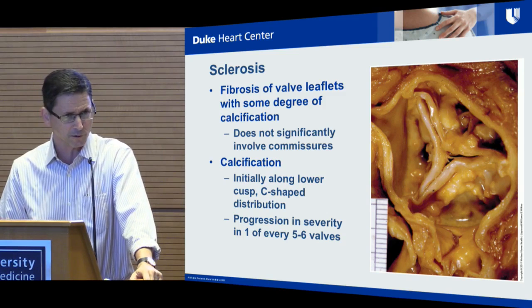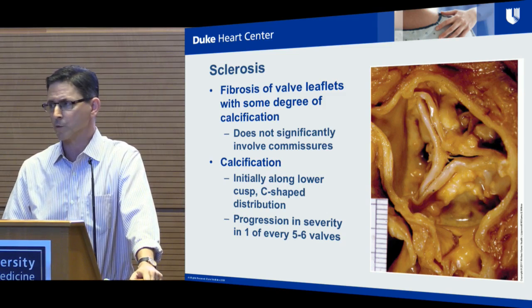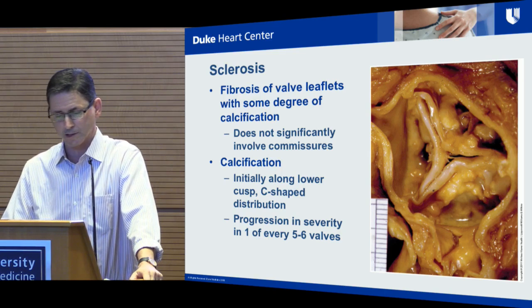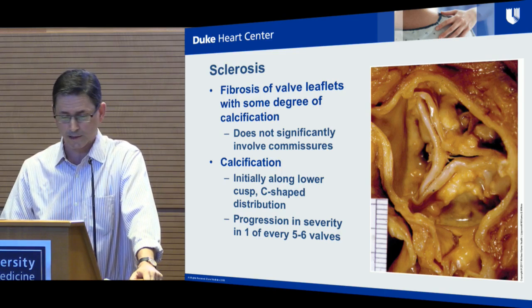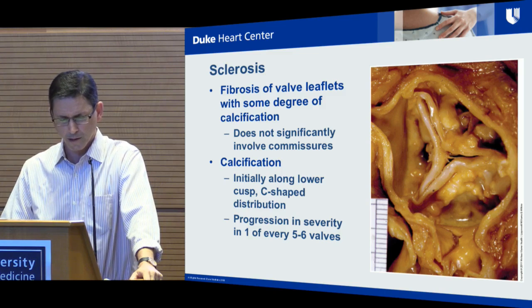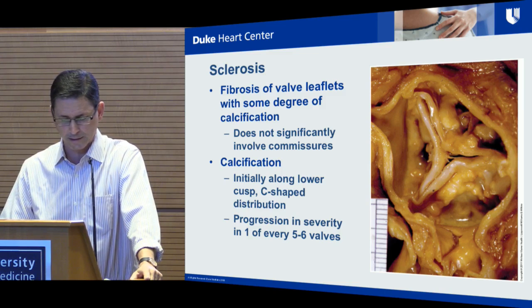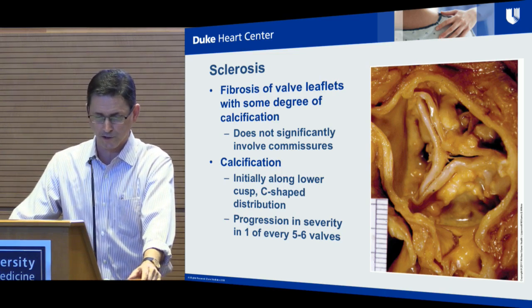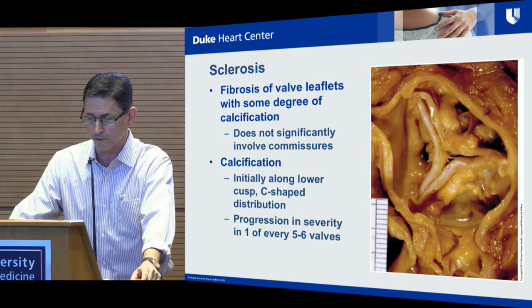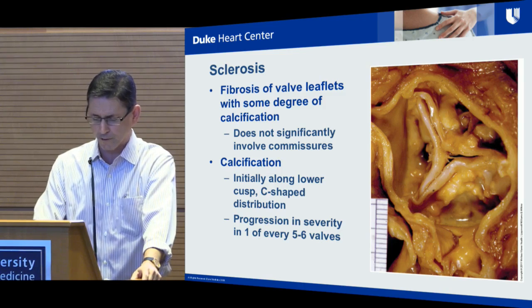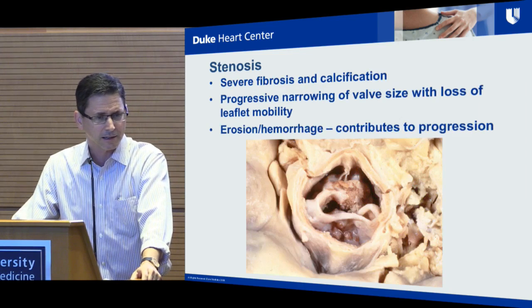Sclerosis is the term we use really for just thickening. It does come with some degree of mobility impairment. It generally is not as severe as what we see in clinically stenotic valves, with a little less involvement of the commissures, but any amount of fibrosis and calcification can be present. And then the numbers looking at it suggest that of patients who have sclerosis, about 1 in 4 to 1 in 5, as I think is more the current number, will progress to have more severe disease, like this valve,